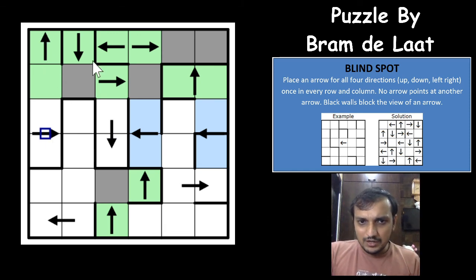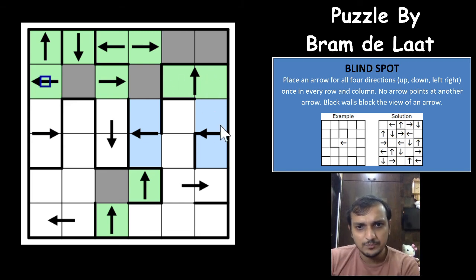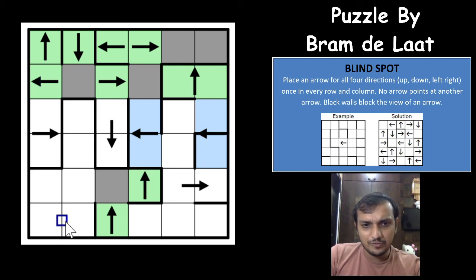It cannot be the upper, it cannot be the right, it cannot be the lower, it will have to be the left. And that gives you a left arrow here, and which gives you an upper and lower arrow in these two cells. It can be anywhere. And which means that this right arrow will eliminate arrow from this cell, and this will have to be a non-arrow cell, sorry.